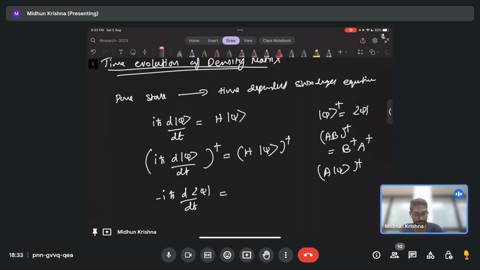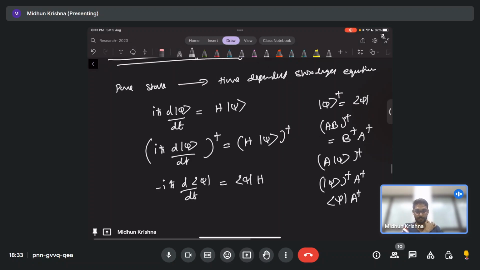So psi goes to the left, and from this property this is the dagger of psi times A dagger. From the first property, psi dagger A dagger. So the right side would be psi H dagger. H dagger is H itself because H is a Hermitian operator. So we get this. I'll call this equation 1 and this